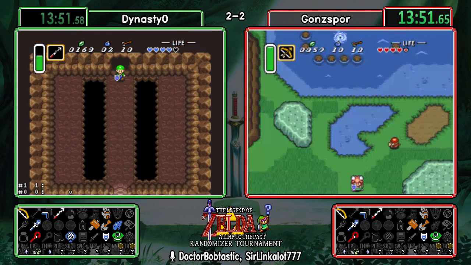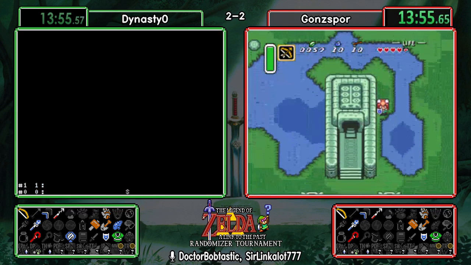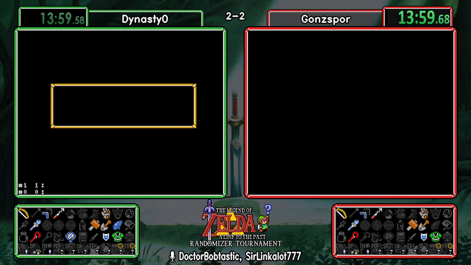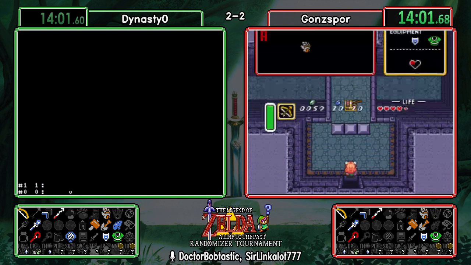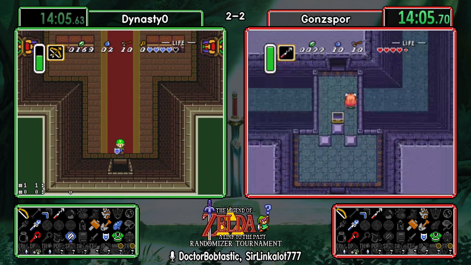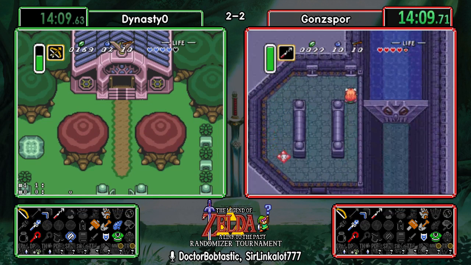Okay, now as a runner, I'm either really happy or I'm going to start to get really afraid because the seed's just like, here, have everything at the beginning. You're going to think, what's going to be that one item that's hiding somewhere that's just silly. So what Dynasty's doing here is he's not going to bother going to Ice Rod Cave just yet because,